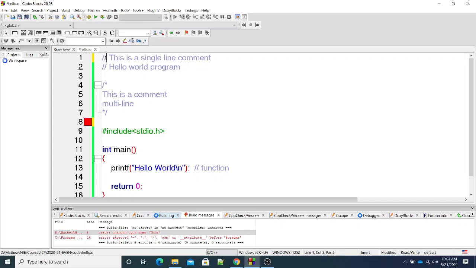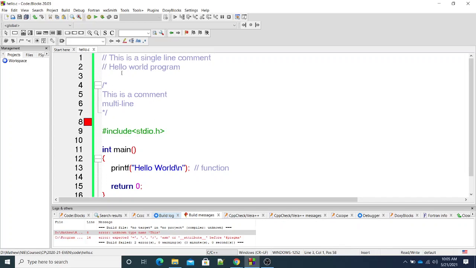When this double slash is there, whatever I write after that, the compiler will understand that it is not for it, it is for a human reader. So it will ignore it, and there is no error. This line will be ignored by the compiler. And again, such a single line comment starts with the double slash. This also will be ignored by the compiler. This way I can write English statements which help a human reader to understand my program. Did you get that?